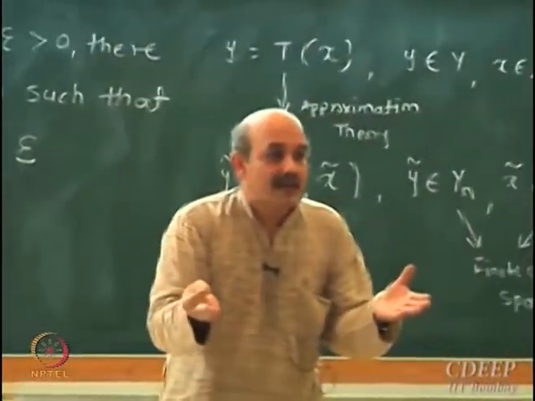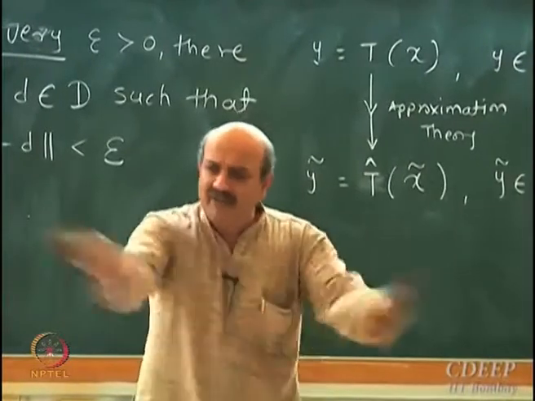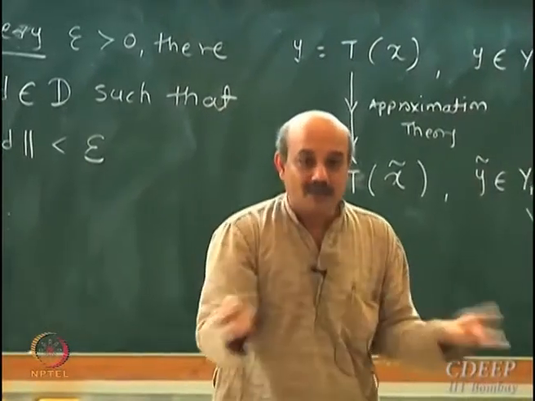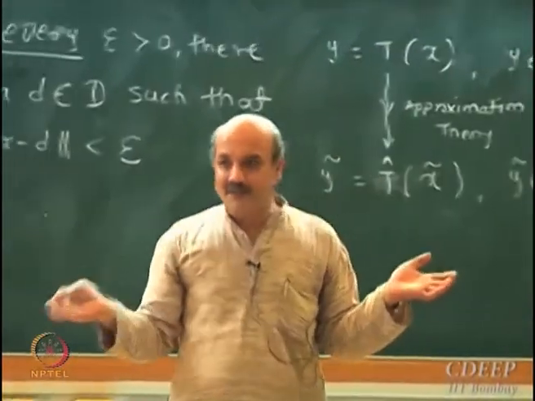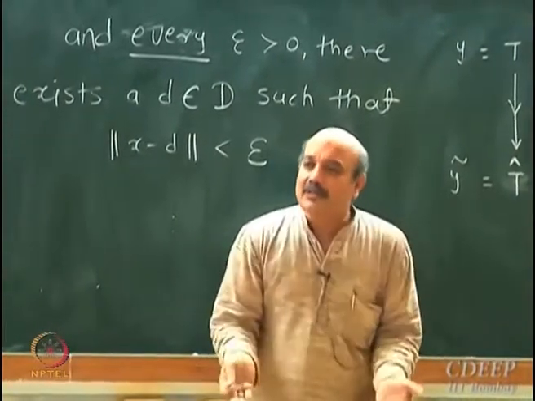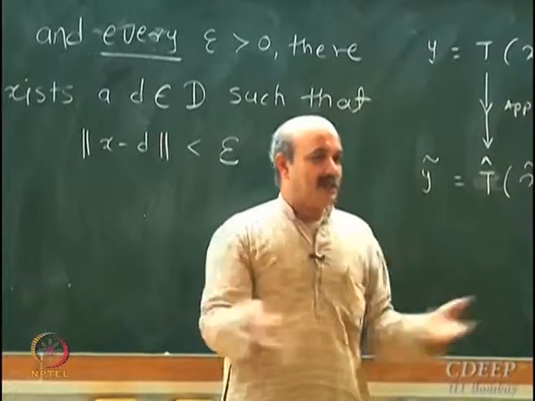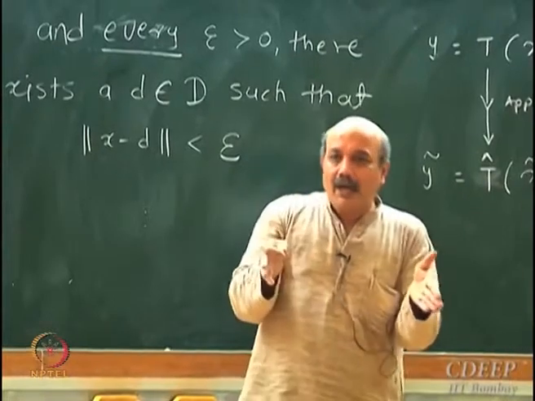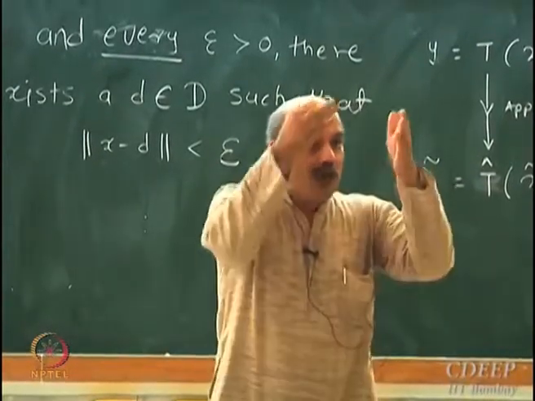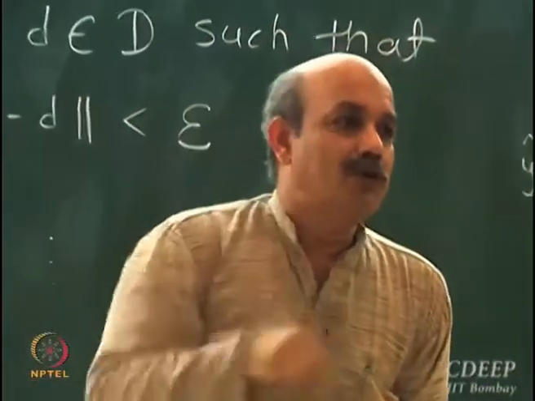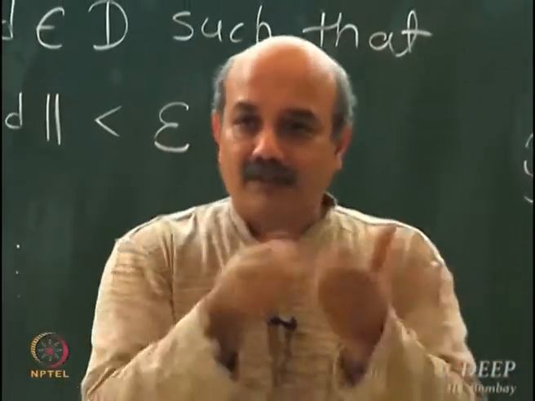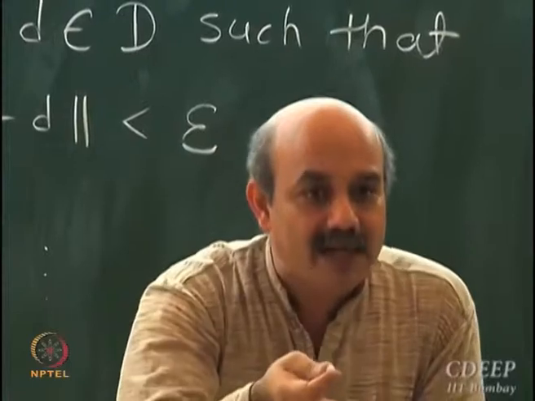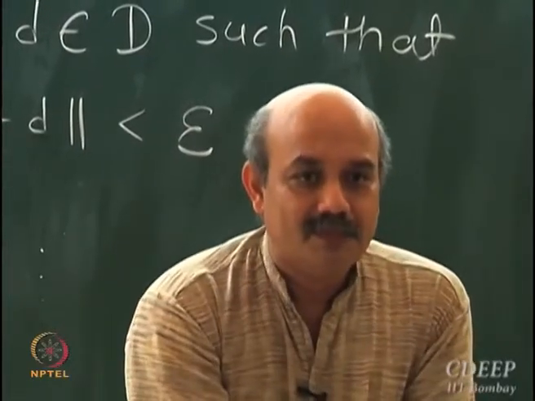So what does it mean? It means that on the real line these rational numbers are everywhere, and I can use them as an approximation of something else which I am not able to represent, which is very nice. So I can use a rational number as an approximation of a real number, and that's why I can work in a computer. So when I am working in n dimensional space, in R^n, even though I may not be able to represent all elements of the vector in R^n, because a real number may not be exactly representable, I can replace it by its rational approximation.